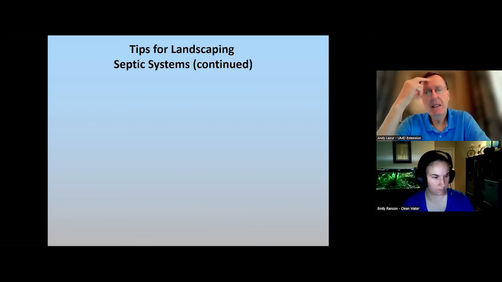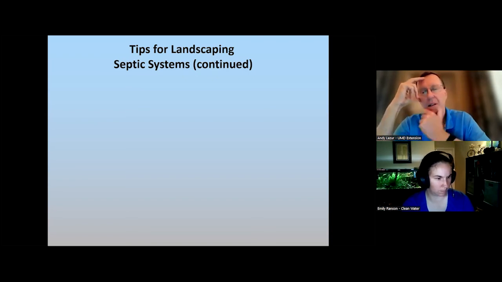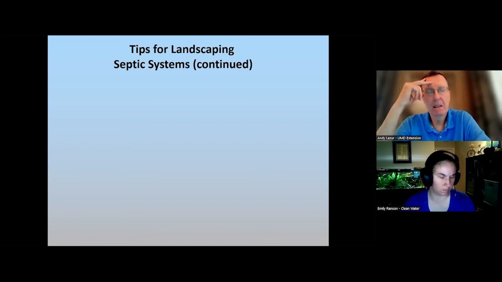two things. There might be an alternative, an innovative and alternative idea, and you'd have to talk with the county or MDE, the regional specialists that they have, to look at that. The only other option is a holding tank, and that's not treatment, that's just storage, and that adds significantly to the monthly cost, because you're probably looking at a monthly pumping, and so you're talking about several hundred dollars. So that's an unfortunate situation, but very common, and increasingly more common, because we have systems that are old, or